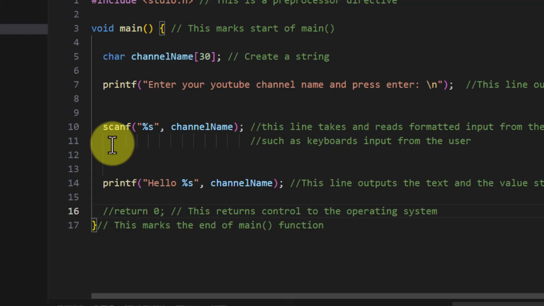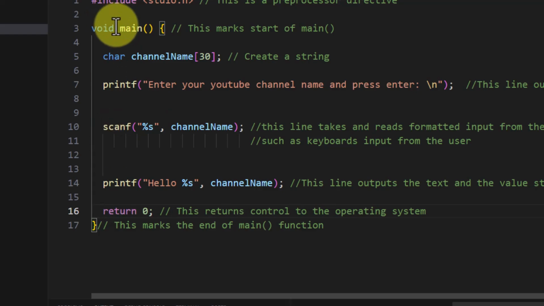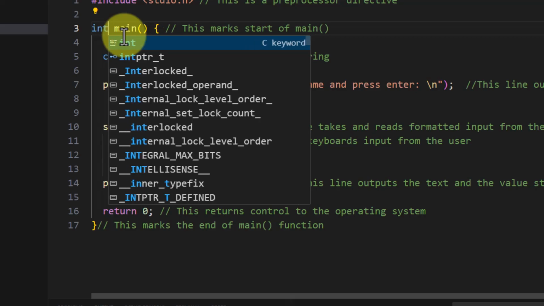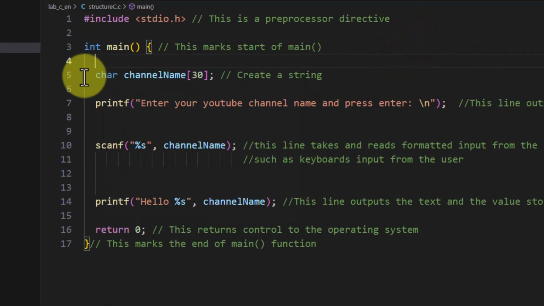So this is important. I'm going to put it back, the int type. Okay, so this int type is followed by this keyword main, which means this is a main function,